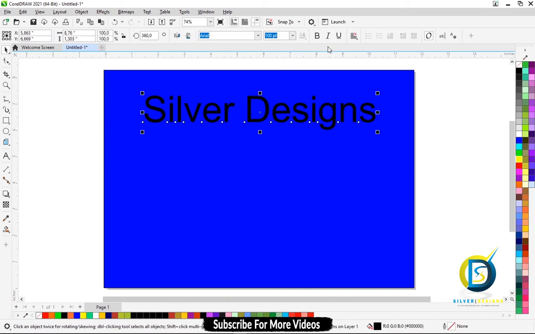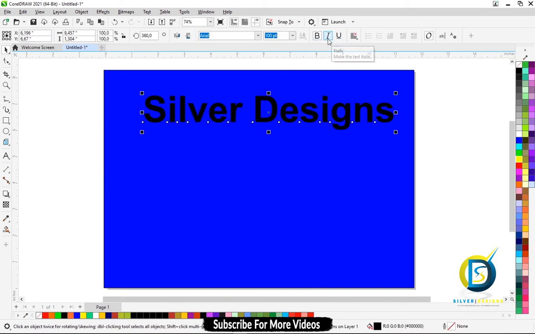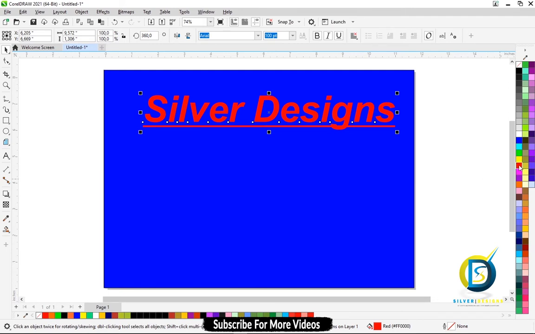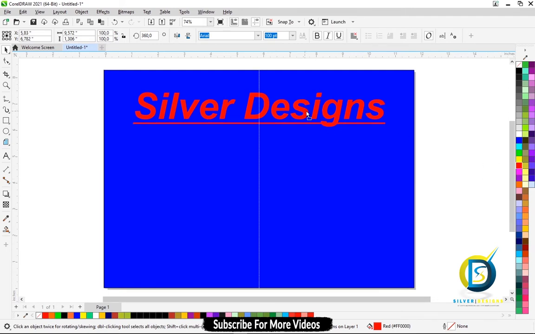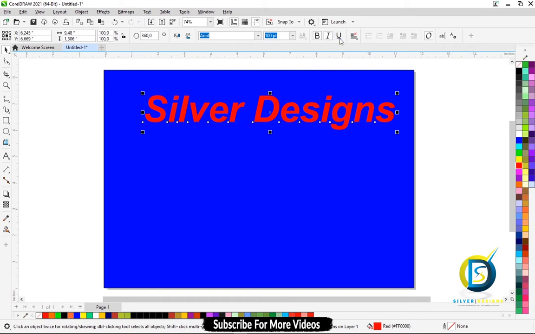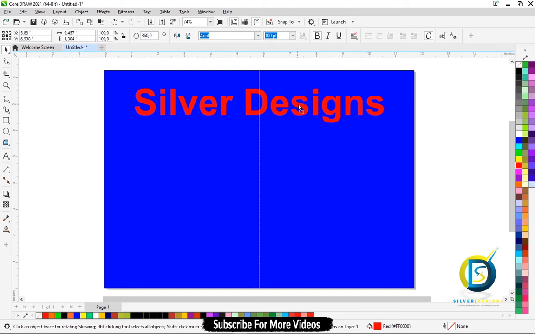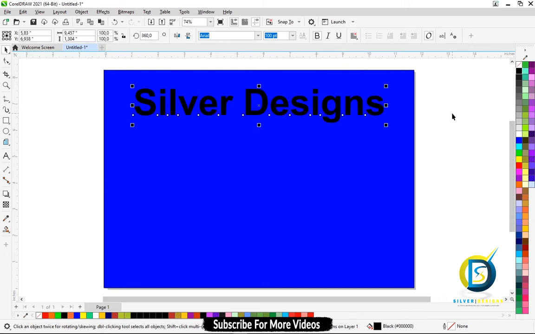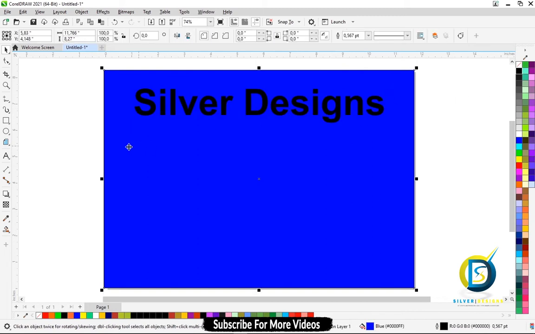You select and you click bold. Here is to make it italic, and here is to underline it. You can even change the color of it by just clicking right here, and the color will automatically change. For now I'll just leave it the way it was, let's say with a black color like this. So this guy right here,